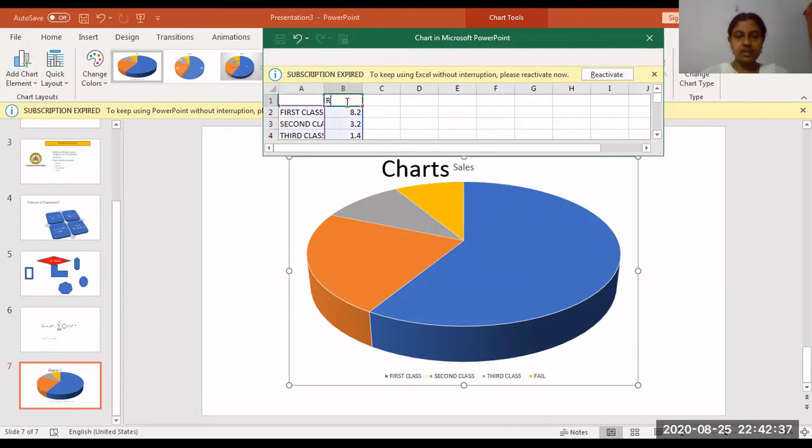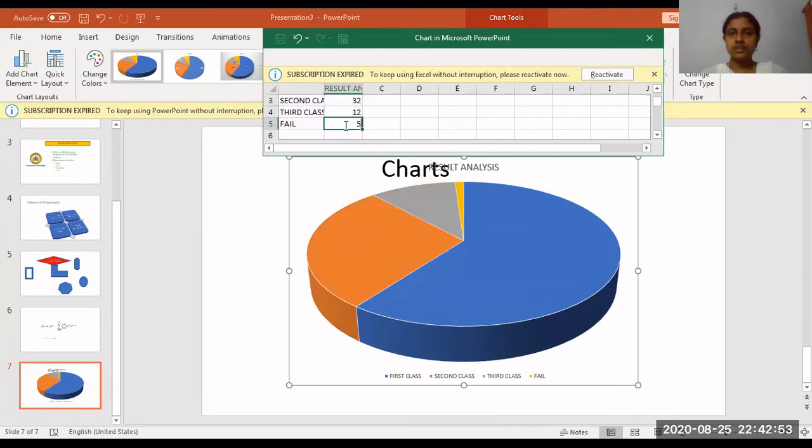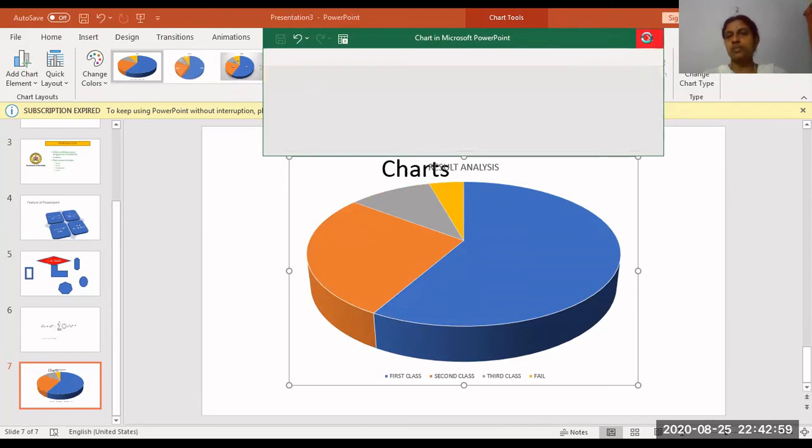So here I'm giving result analysis as my heading. Here I'm getting 68% first class, then 32% second class, 12% third class, and 5% fail. Mention your values and your chart will be prepared.